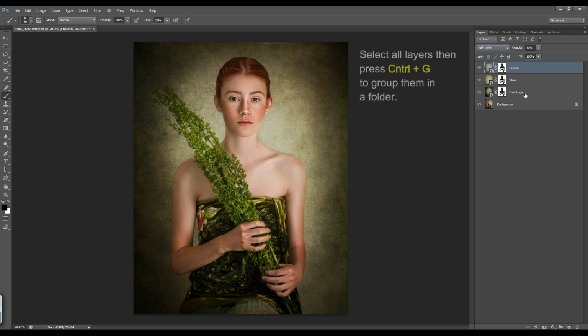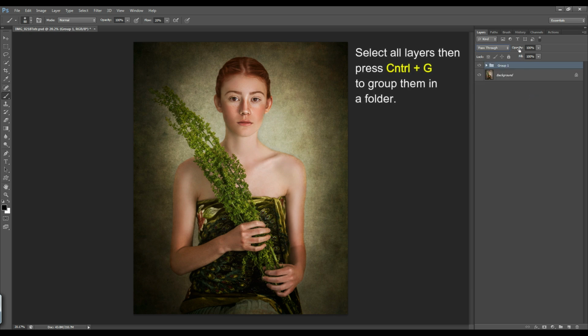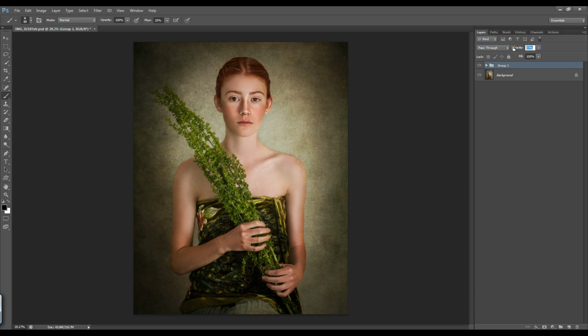Now select all 3 layers and press Ctrl G to group them. It makes it easier that way to control the opacity of those layers. You can do it that way, or you can change it separately on each layer. I'll rename the group Textures,